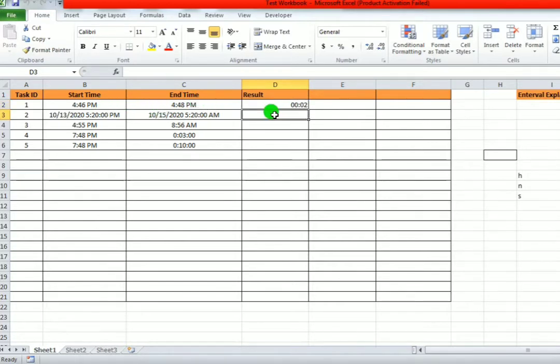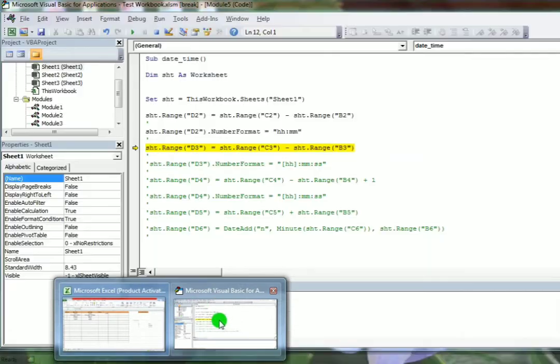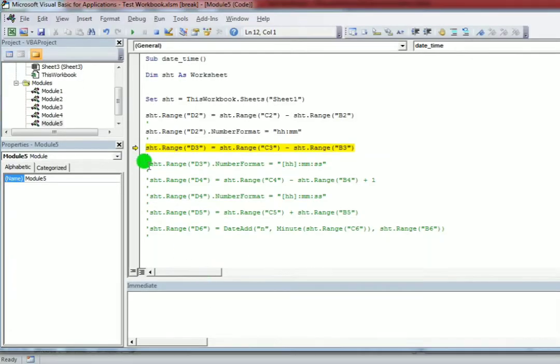Now the second scenario we have is a time and date combination, and I need to calculate the difference between them. So how would we calculate it? I have removed the comments from these two lines.